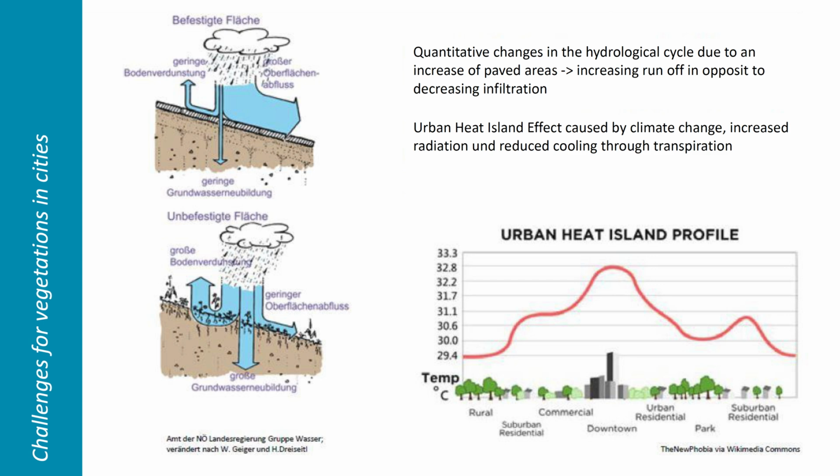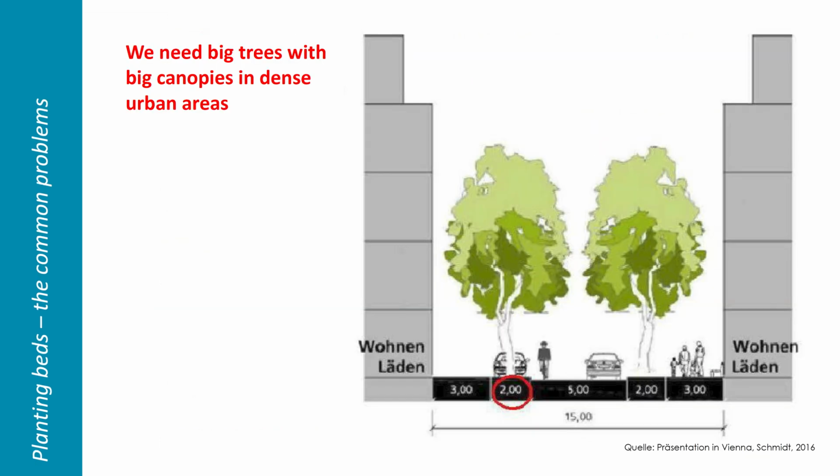So we heard these things before, the urban heat island effect, but now we have the perspective from the view of a tree. The tree needs water in the underground, and what do we have in these dense, sealed cities? We have a really increased runoff but decreased infiltration, and so it's not ideal for our trees. Today in this presentation the focus is on the dense areas.